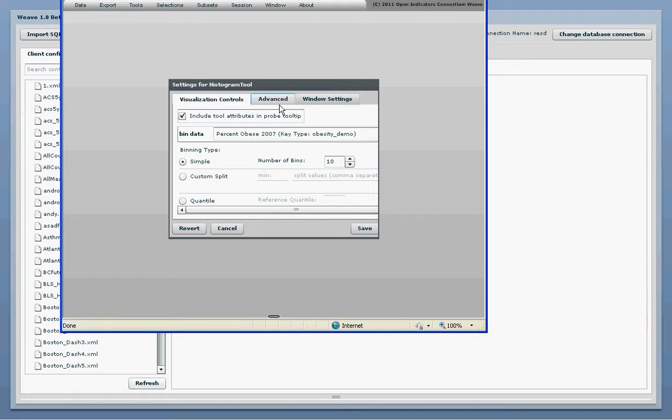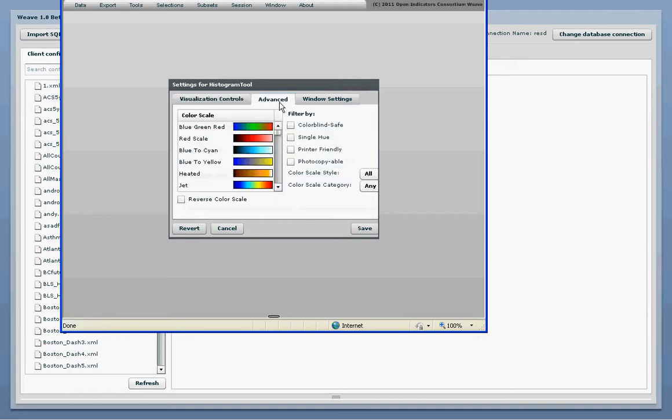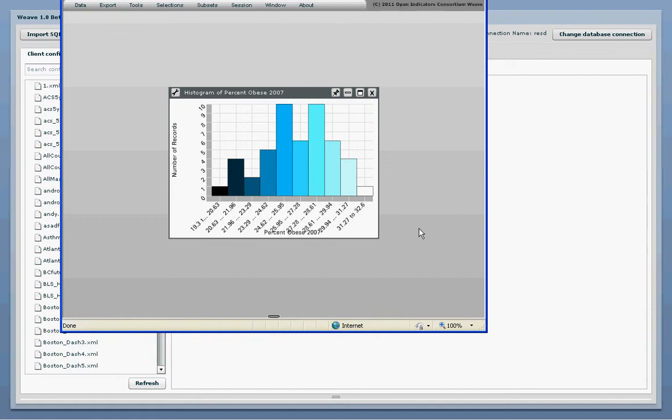Additional color scales are available in the Advanced tab. Select any color scale that is appropriate for your data. Once you've selected a color scale, save and close. Now we're done creating our instance of Weave, and we're interested in saving it so that it can be recalled using any web browser. To do this, click Session at the top of the screen